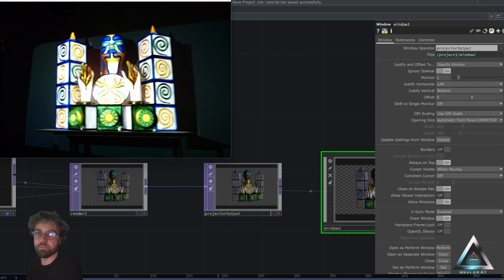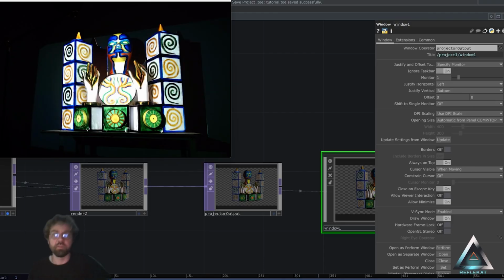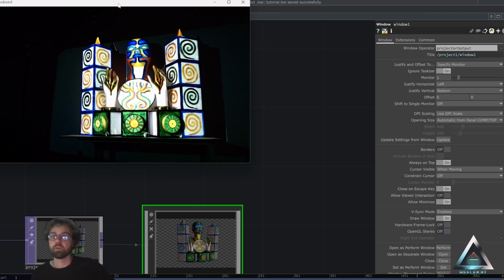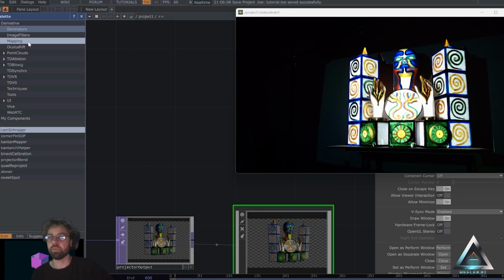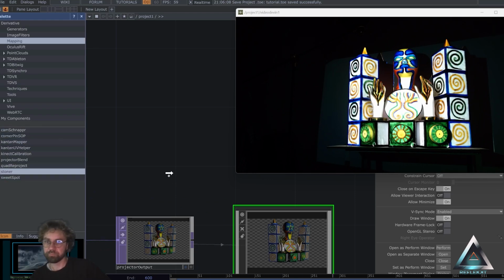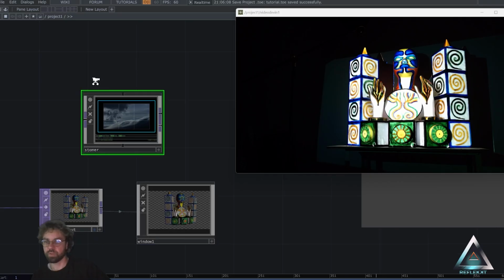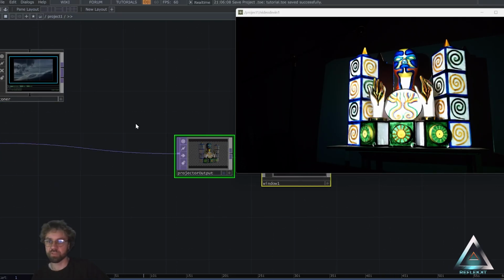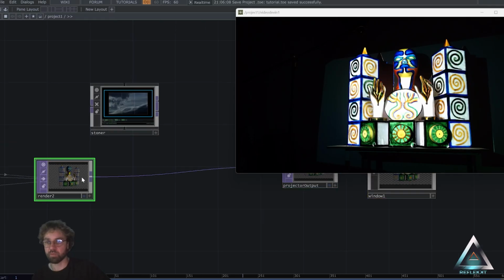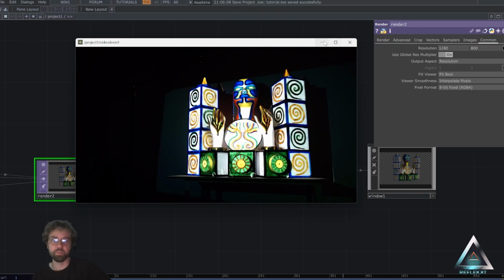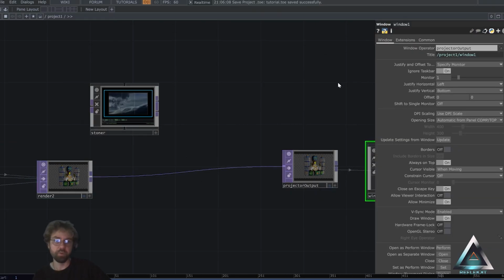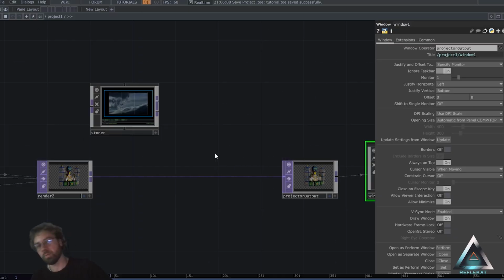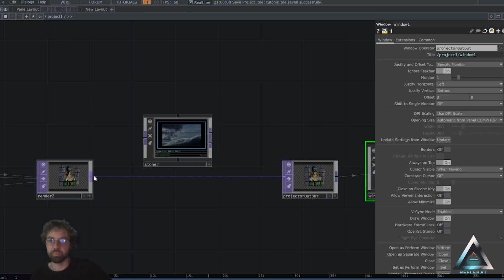So maybe we can fix that with the stoner tool. Let's do that. Open the palette again, mapping, stoner. And this is also a good example now why you should use nulls. If you would just have referenced the render as our window output, we would need to rearrange all that now. But now we can just do this